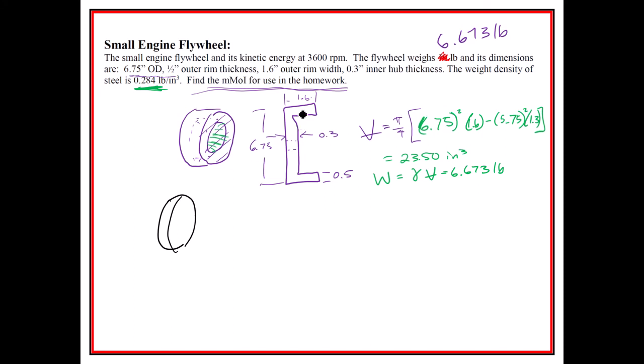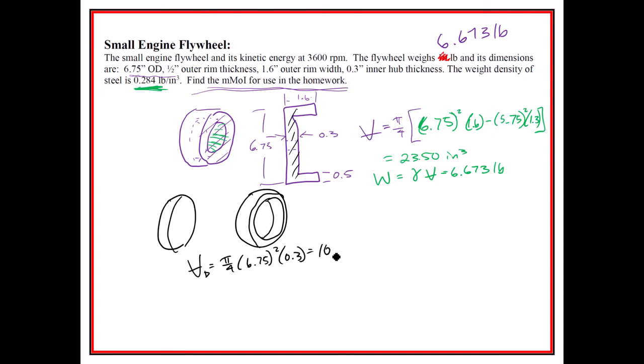We could take a disc, which is going to be this part right here, and we could take a ring. That's going to be the easiest way to... there you go, my ring right here. And so for the disc, the volume of the disc is going to be pi over 4 times 6.75 squared times 0.3, and you get 10.74 cubic inches. And then the mass, or I should say the weight, if you will, of the thing is the weight. Actually, I hate that. So the weight of the disc is going to be